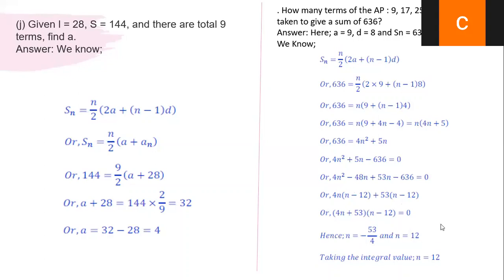Any doubt in the sum, children? No, ma'am. Only here you find difficulty with the factorization to get the factors. I said 636 into 4 you need to multiply. For that you should take the factors. Am I clear here? This 4 into 636 you multiply. The result you need to prime factorize. So that is 48, 53, the value we are getting. Then you need to factorize. n cannot be negative. n can be an integer, but here we are getting a rational number or a fraction. So take the positive value. Any doubt, children? Fourth sum.